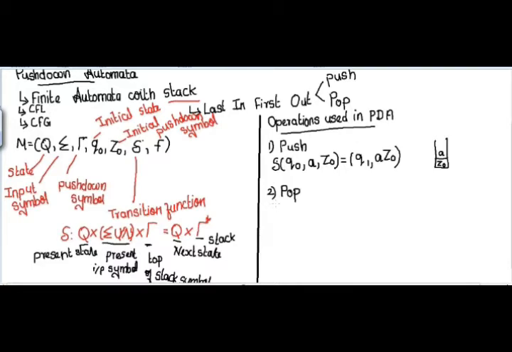There are two cases for pop operation. I am going to explain this transition with an example. The first case, let me explain. Suppose Q naught is my present state, A is my present input, Z naught top of the stack. My next state is Q1, and I am going to pop both the input as well as the stack. Previously the input symbol is A, and in my stack Z naught will be there, and afterwards in the stack I have used null. That means I am going to pop this input, that is A, as well as Z naught. So in the stack there will be null.